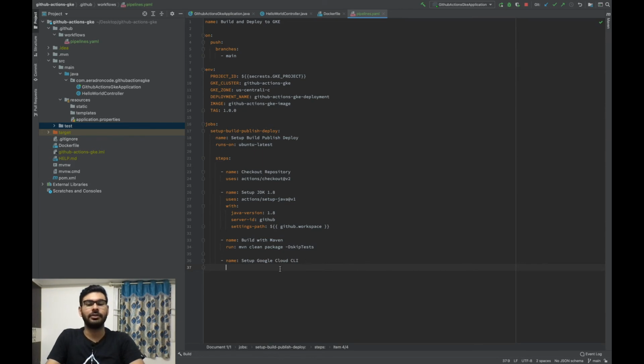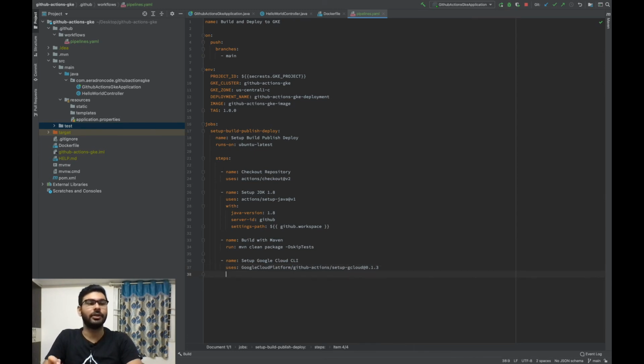So for this we specify the name, and here it uses the following line. Let me just grab this, and it uses GoogleCloudPlatform/github-actions/setup-gcloud@0.1.3. 0.1.3 is the version that we are using.